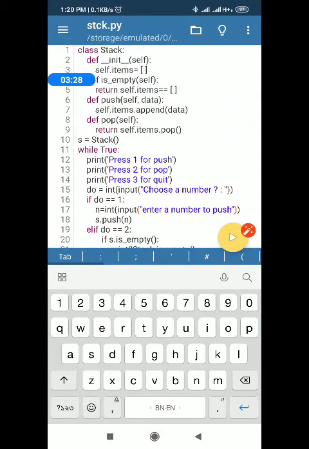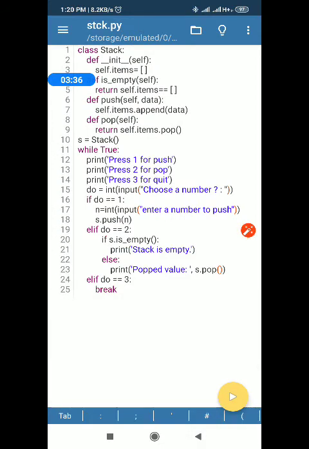If you are interested, you have to do the practicals of data structure on your own. So this is the PyDroid program we have already written, and some of the students have already shown this. And most of you have not yet shown me the stack program. I would like to call them, and please show me the stack program as soon as possible.